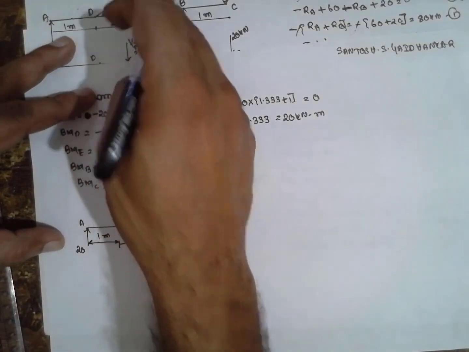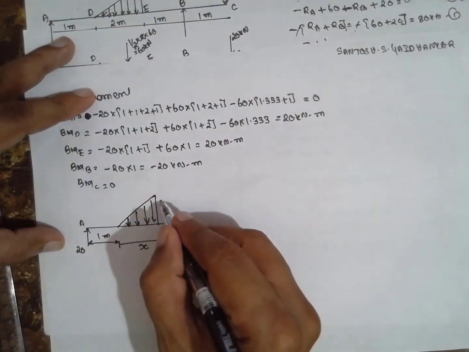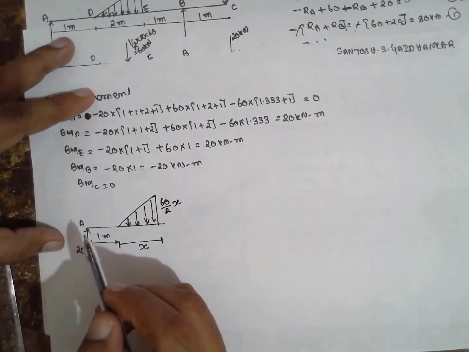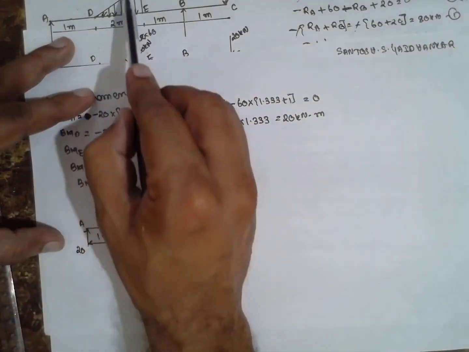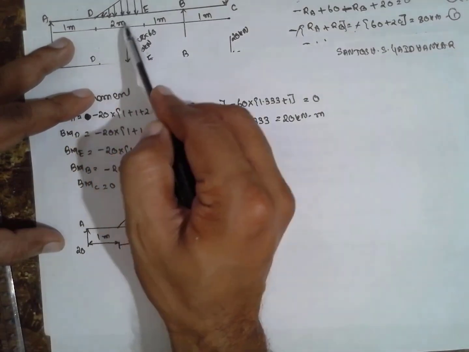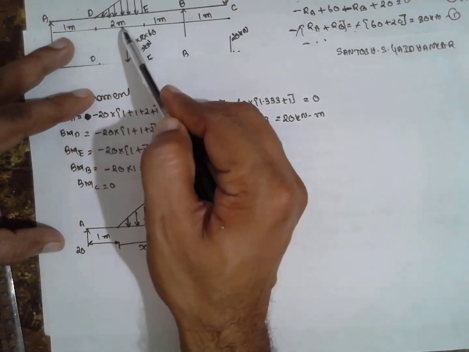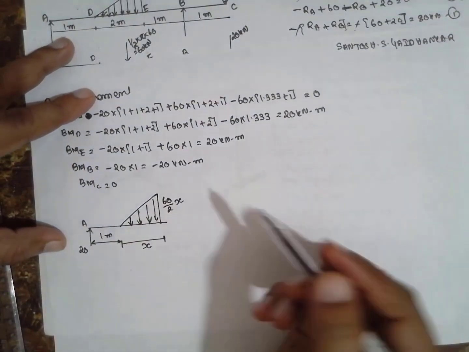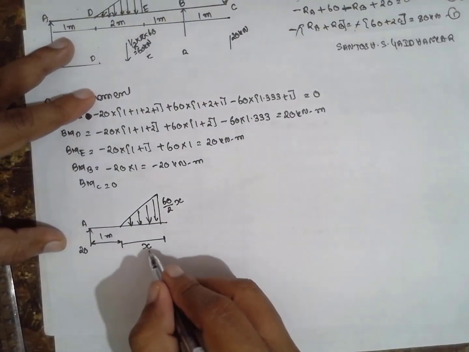Here we have cut this part. Therefore, it becomes 60 divided by 2 into x, because we don't know the height here, because this part is cut here. 60 divided by 2. This is 2. If it is 3, divided by 3. If it is 4, divided by 4, into x. Or you can consider it as a y also. No problem. I am considering it as an x here.